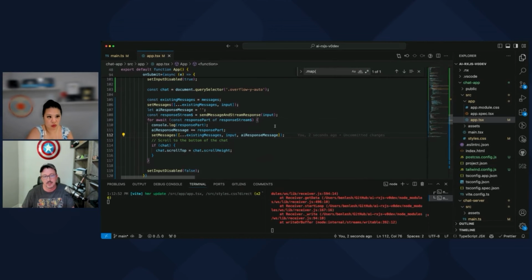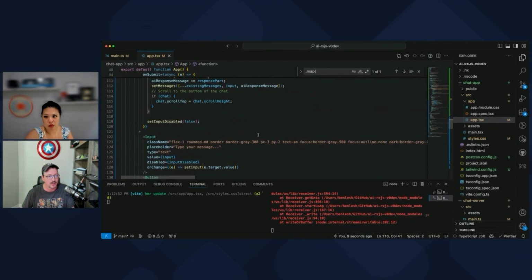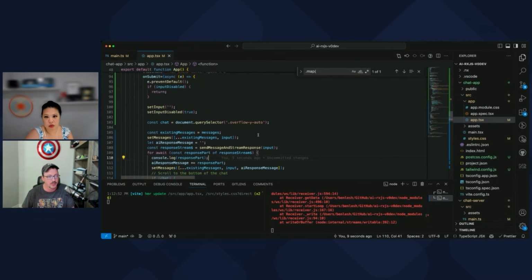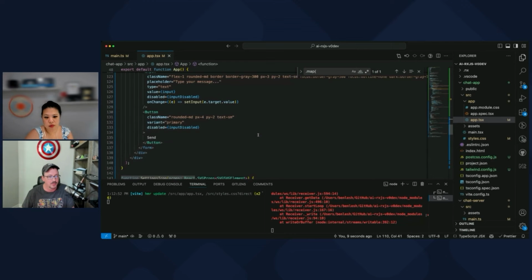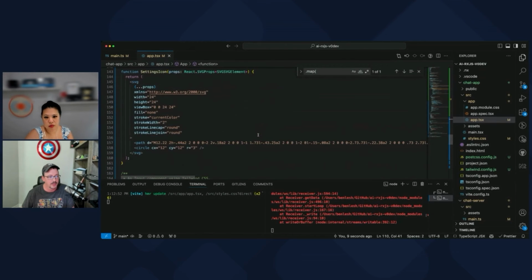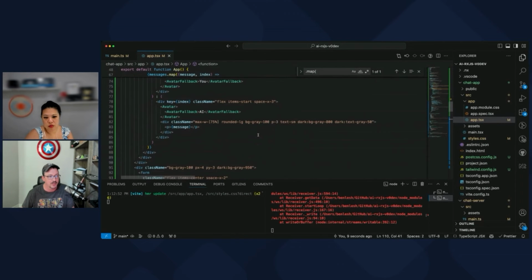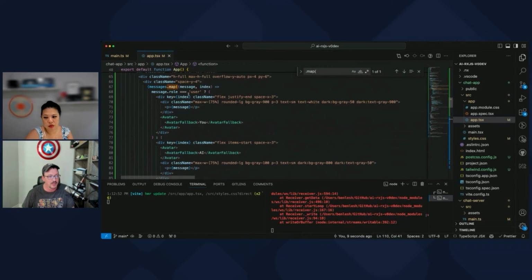So this isn't going to be correct because I only have strings, and it's asking, what's your role? Where's the code? It's up here. So it's looking for a message role, and we don't have a role. This is just a string right now.